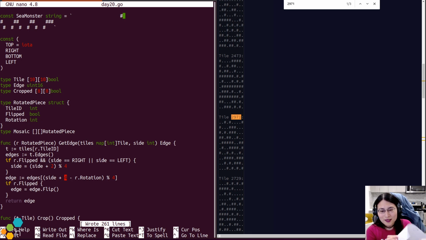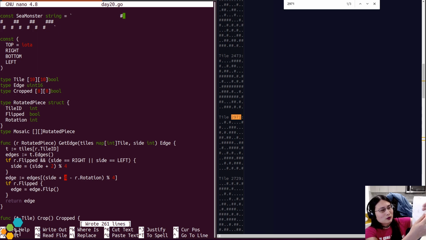Okay, let's see if my understanding is correct now. So I'm asked for the left side of a piece that has not been rotated or flipped. I should get the side is going to be left, plus 4, which doesn't do anything, minus rotation, which is 0. Okay.